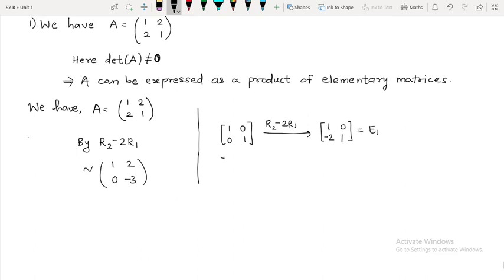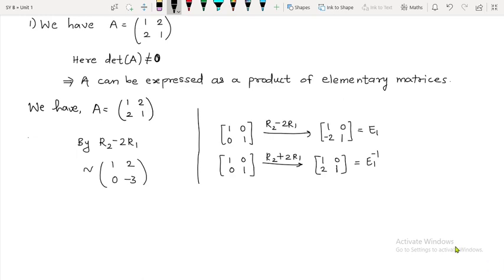So how to get E1 inverse? It is easy, right? So we are going to perform what? The inverse elementary row operation on the identity matrix, and that is going to give us E1 inverse. So that will be R2 plus twice R1. So what we are going to get here? It will be 1 0, this will be I guess 2, am I right? R2 means 0 plus 2 multiplied by 1 is 2, and over here you will get 1. Okay, so that is our E1 inverse.